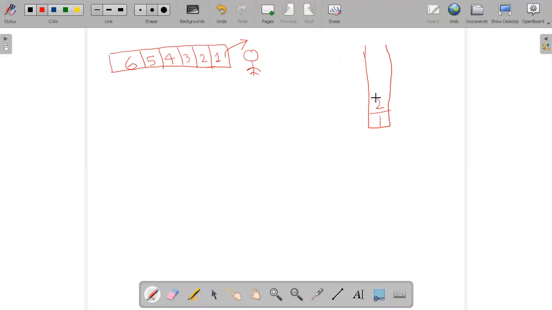Two came, two pushed. Three, four, five, and last one is six. The first one to get out of the stack is six, and the first one to get out of the queue is one. So that is the main difference between stack and queue.